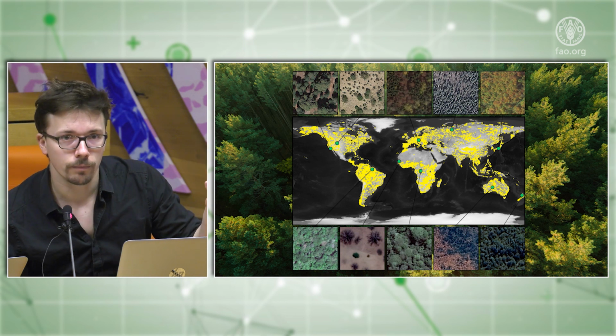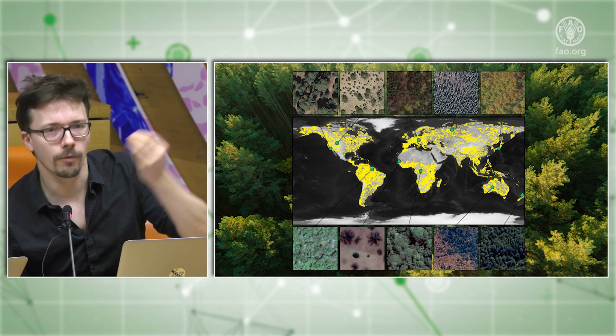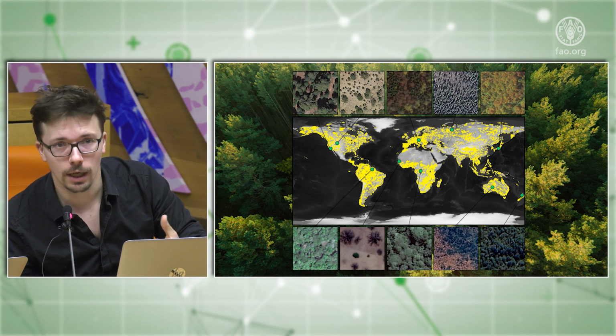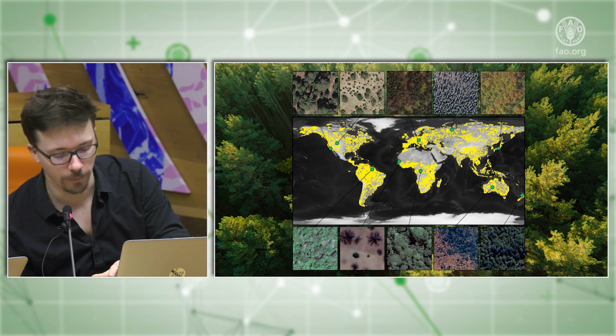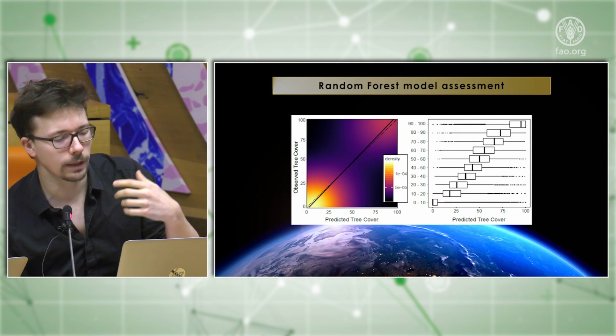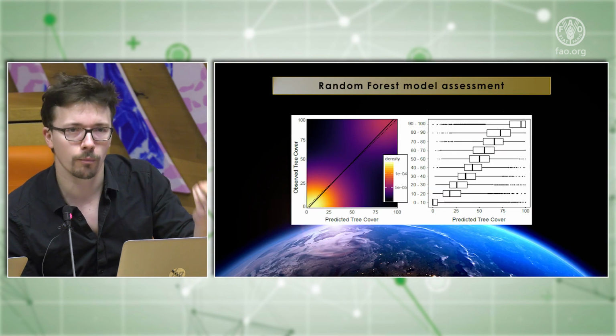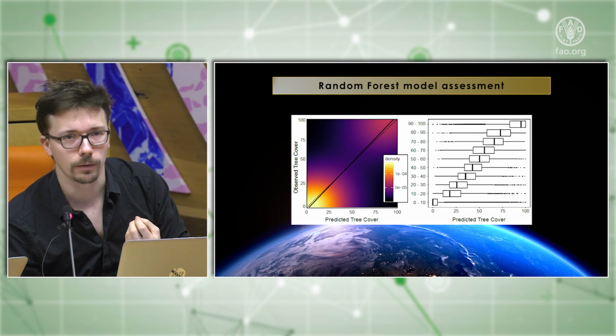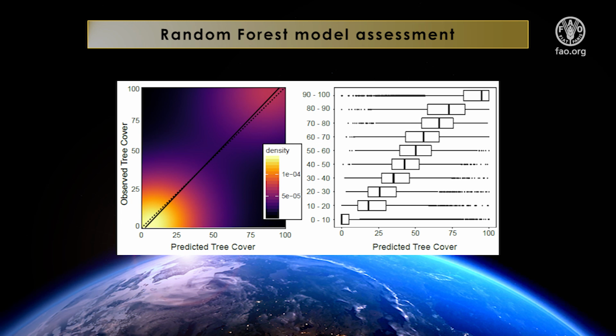Then from that description, we related that to environmental data. So we related that to existing temperature data, precipitation data, edaphic conditions, and topography. And we built a model. We built a machine learning model, which allowed us to predict the tree cover based on those environmental layers. And what you see here is the evaluation of the model. The two graphs that you see are basically the same, just a different representation of the data set. You have on the x-axis the predicted tree cover, so what the model predicts, and on the y-axis the observed tree cover based on that photo interpretation exercise.